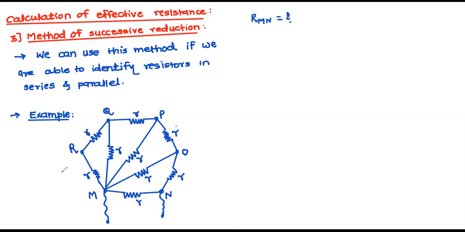Now first see the diagram. This is the first point M and this is N. If we assume that current is flowing through this wire like this, then current goes through this, then through this, and through this, as well as through this also. So at this point it divides into 5 branches. Now this current is going the same, so can I say that these two are in series? Yes.